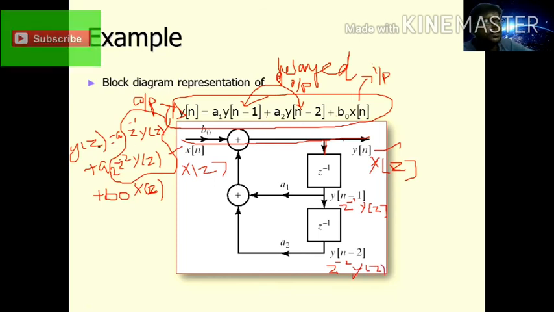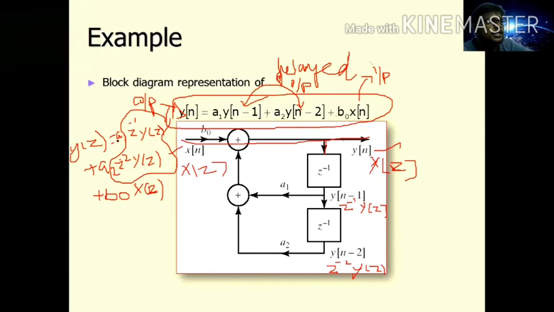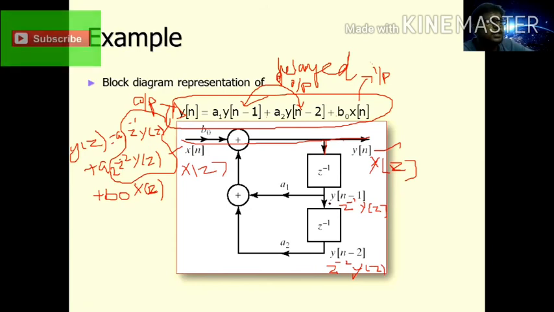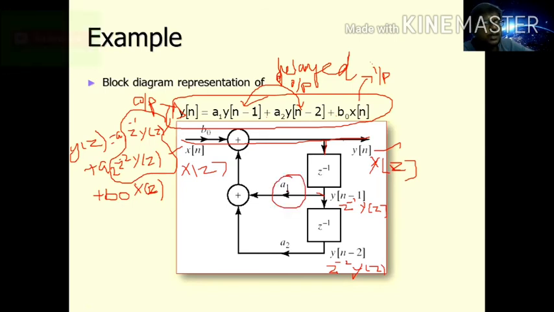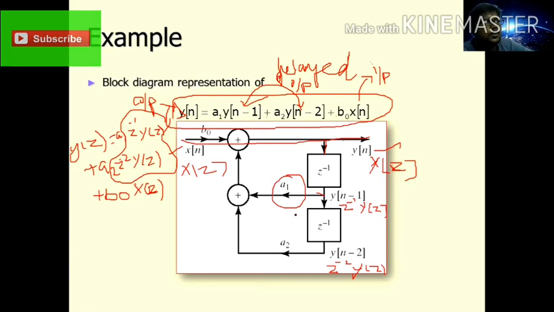Okay, now arbitrary constant. So now this a is multiplied with your output elements. Here, pick up the node output of this one. You will draw a line like this and put an arrow head. This arrow is nothing but a constant multiplier. So here the multiplier term is a1, so I put a1 here. Next multiplier, output of this one, here you have a2, so I put a2 here.